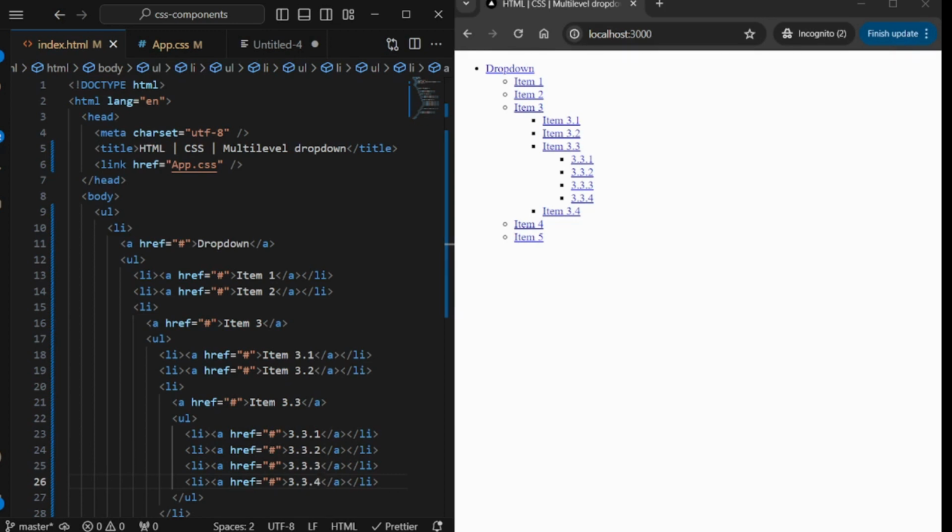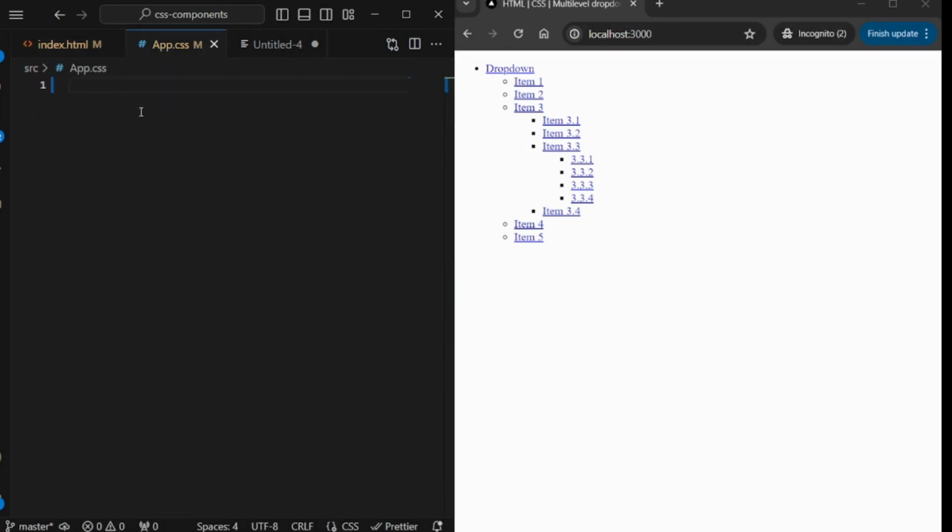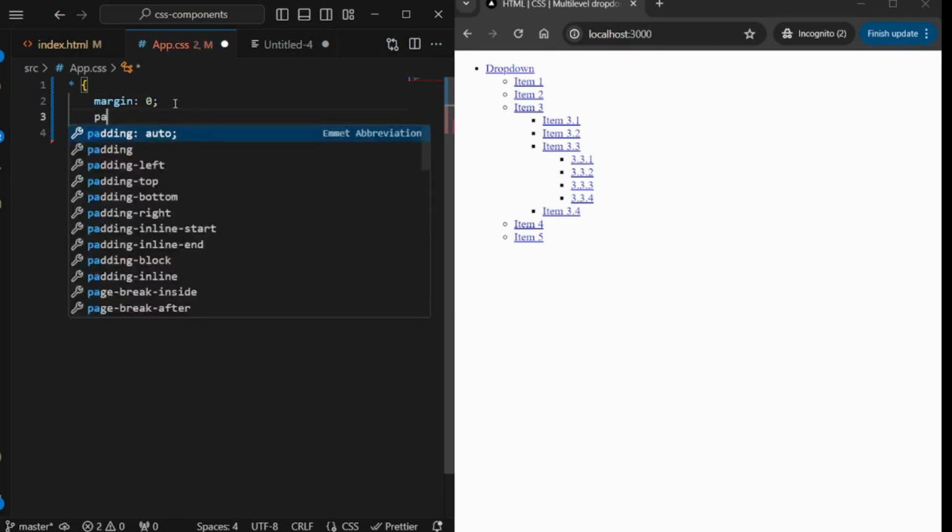Let's write the CSS for this drop down menu. We are going to use the app.css to write the CSS for this drop down menu bar. Let's go to the app.css, and let's add the CSS for this. So before writing the CSS, we are going to reset the browser default values by using the global selector star. Let's reset the browser default CSS star margin 0. So browser reset CSS means by default this ul li will have the default empty space, right? So we are going to remove those browser default CSS using the global selector star margin 0 and then padding 0,